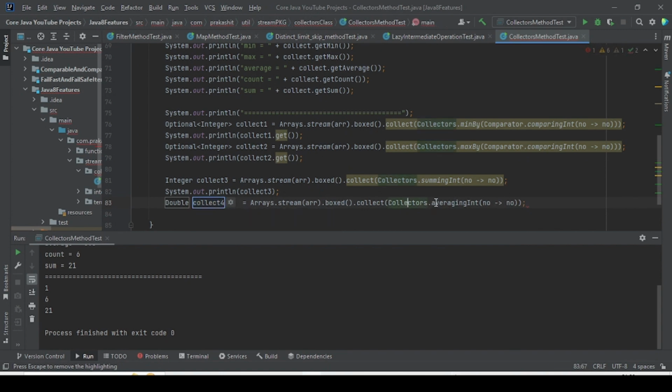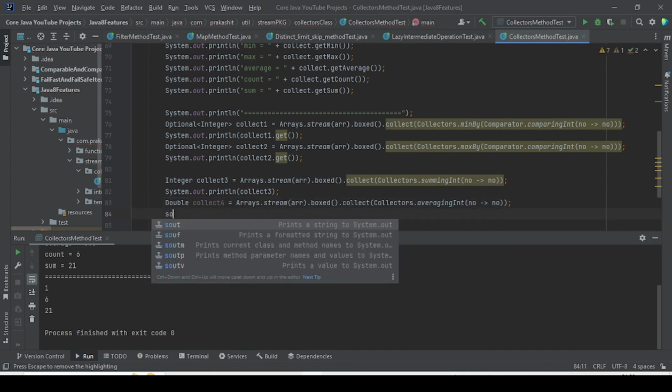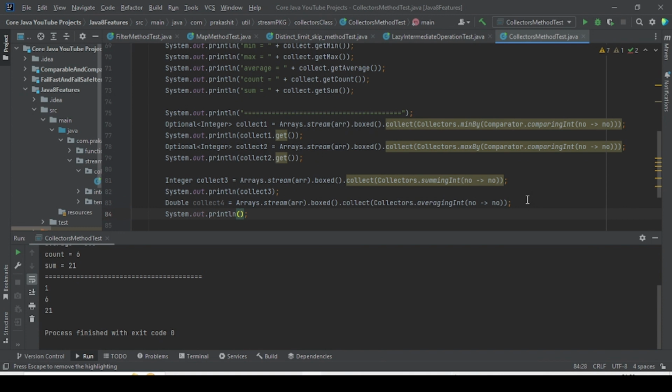It is because we are trying to find the average that the return type is double. So if I perform collect 4, not 3, and I run it, then you can see